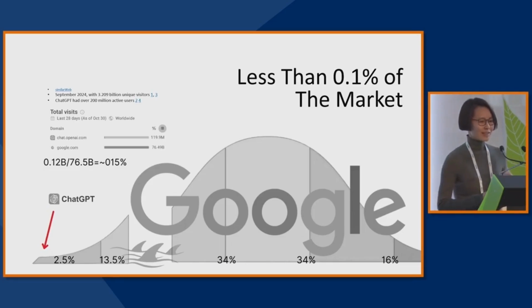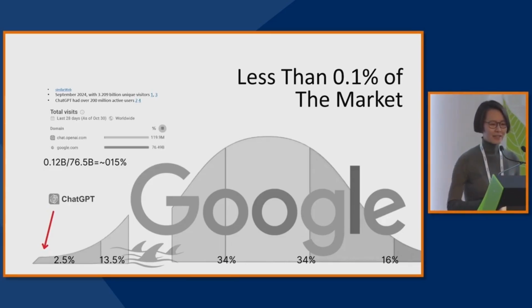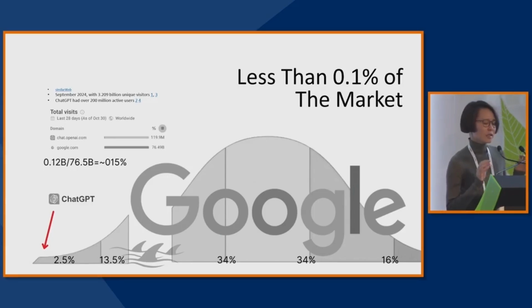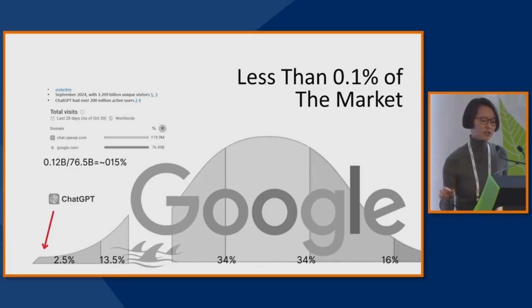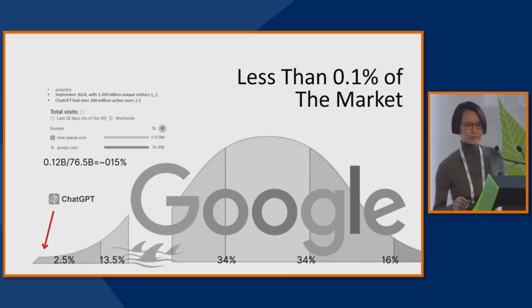Unfortunately, that is not data that you can easily get. You do have some numbers: a lower range of 50 million and a higher range of 200 million. It depends on who you ask and what data source you look at. If we agree to just look at a range of adoption, the lower end is an adoption rate of about 0.2% of the market. And the higher end of the ChatGPT adoption rate is about 3%.